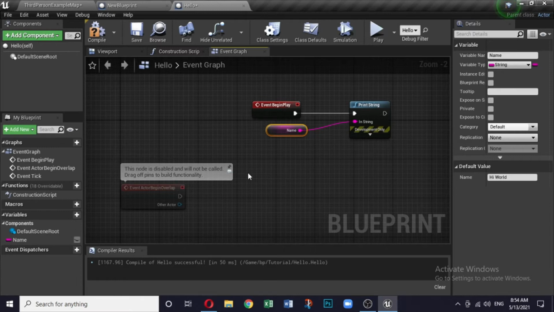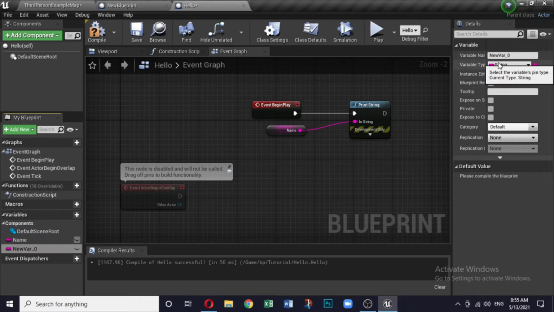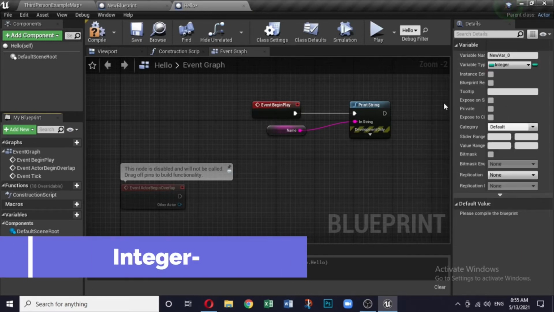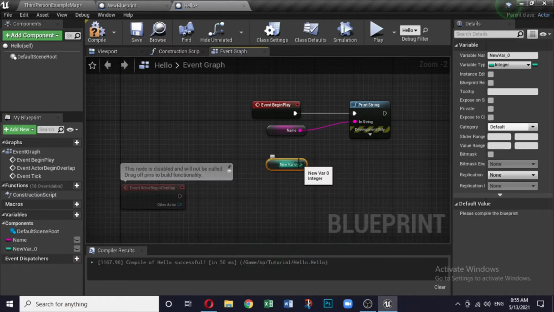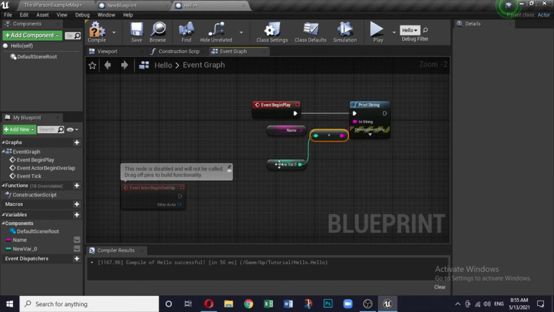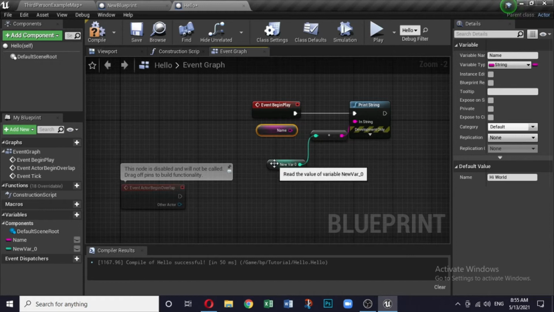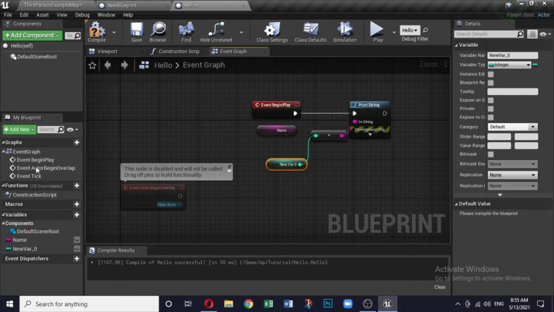Now let us again come back to the variable. Add variable. After string, what is important is to understand something like integer. Now what is integer? Integer is basically a whole number, and let us take it. So you place an integer over here, you connect that integer in the string. Now again you need to compile, because unless you compile, you are not in a position to give any figure to this variable. So you input, say for example, you make it 5.